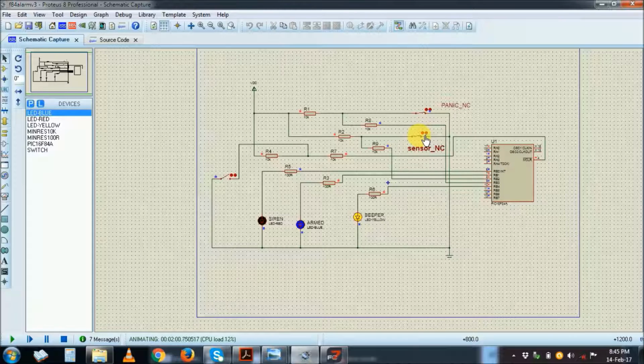Now if I close here, you see nothing is changing. The beeper is still on, and the alarm will sound as long as I do not deactivate it. See, nothing happens. So whatever happens to the input to the sensor is immaterial anymore, because the alarm has been violated. So it goes on for some seconds. I've made it, I think, 5. It goes off, goes on,